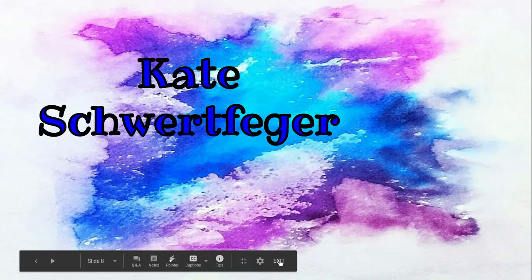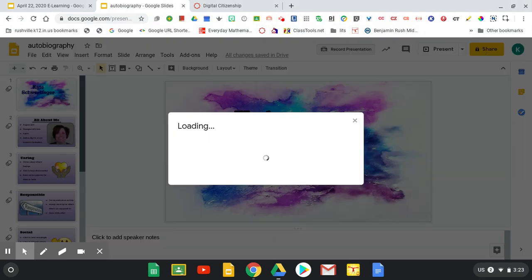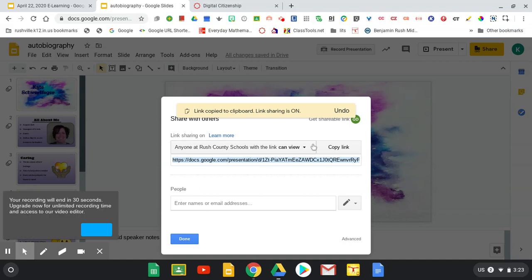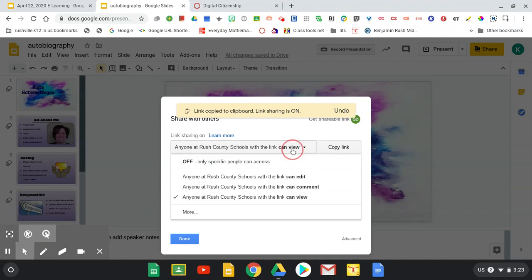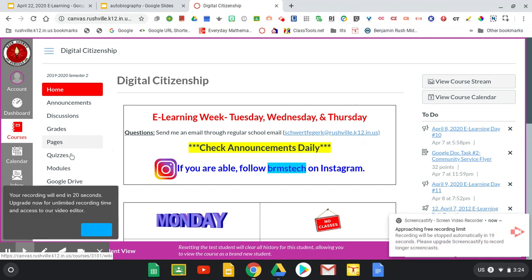Now, once you finish this, you will need to hit the orange share button. This is very, very important. You need to go to Get Shareable Link, and then you must change this to Can Edit right in here. Then copy the link. You will go to Modules